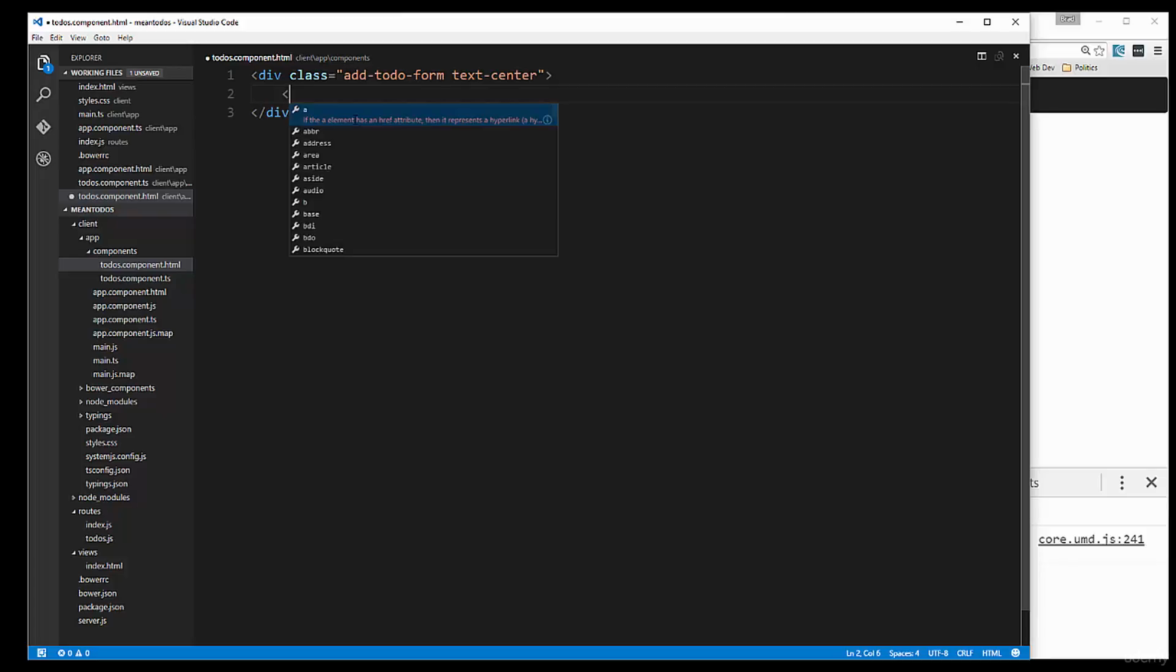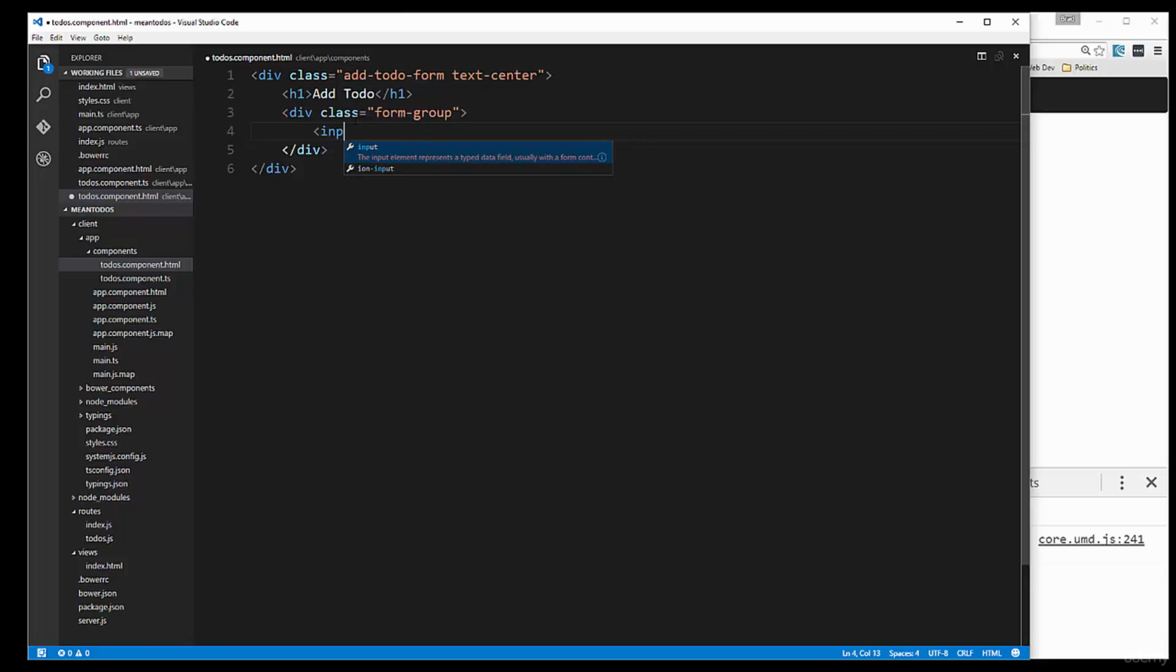Alright, and let's put an H1 in here. We'll say add to do, and then we're going to put a div with the class of form group. Okay, and let's put an input, give it a class of form control,